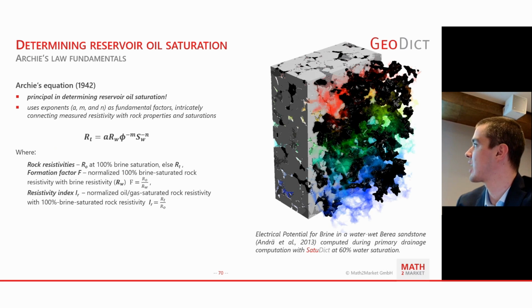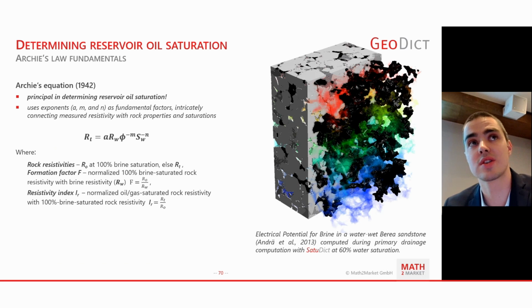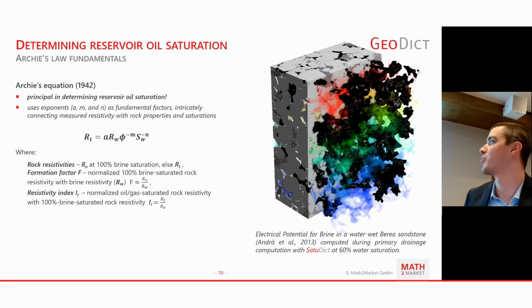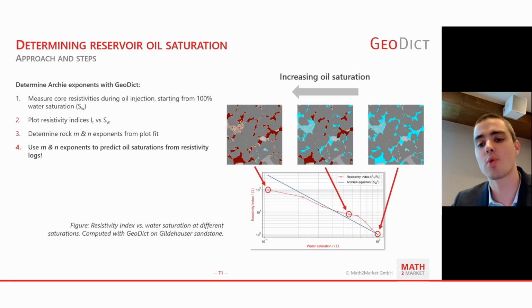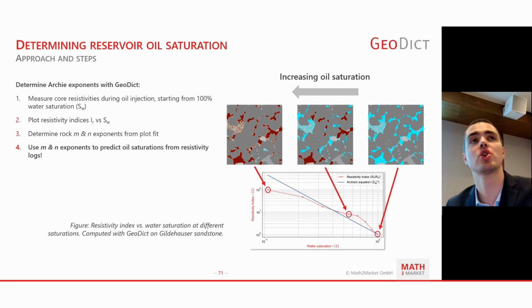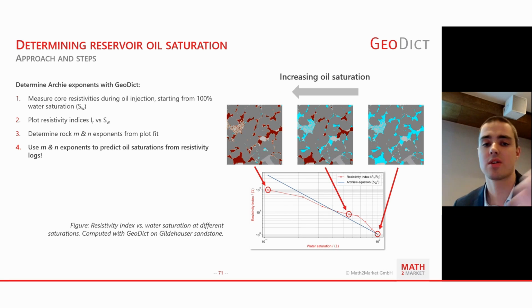So Gus Archie came up with the principal equation, based on experimental analysis back in 1942, that relates the measured rock resistivity with the saturations present in the rock, depending on the exponents that intricately link the rock's properties. Now, without getting too much into details for the sake of time, I would like to focus on the approach itself that Archie used in experiments, which is still used nowadays, and that we mimic with